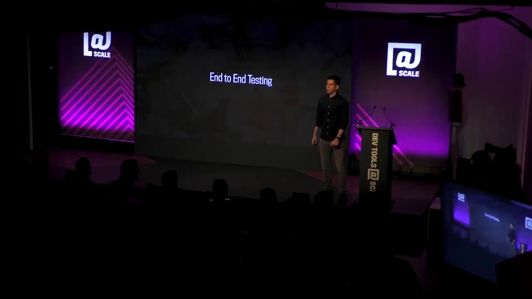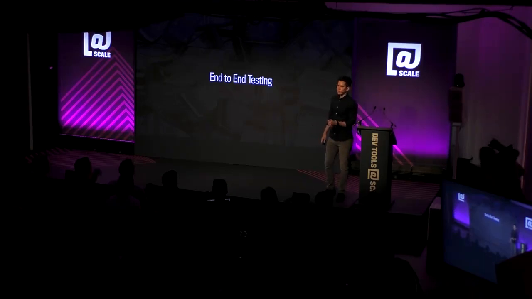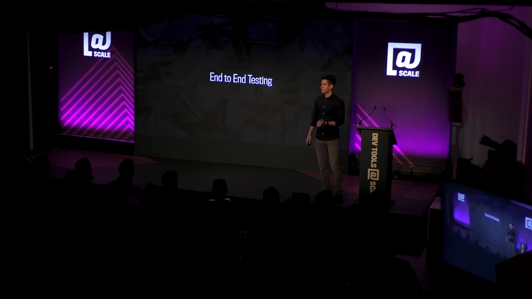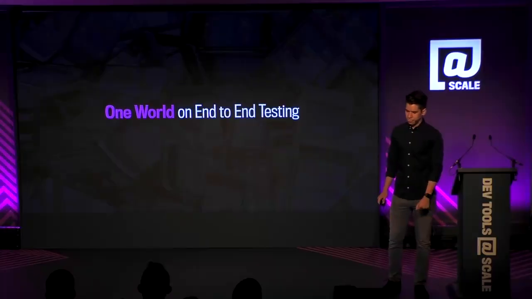So basically, one of the main customers of OneWorld is end-to-end testing. Every day at Facebook, we have hundreds of code changes, and those code changes can break our applications, and that's going to give a bad experience to our people. So with end-to-end tests, we run several tests on different scenarios every day. So how can we make this better? Let's take a look at how we can actually use OneWorld for end-to-end testing.